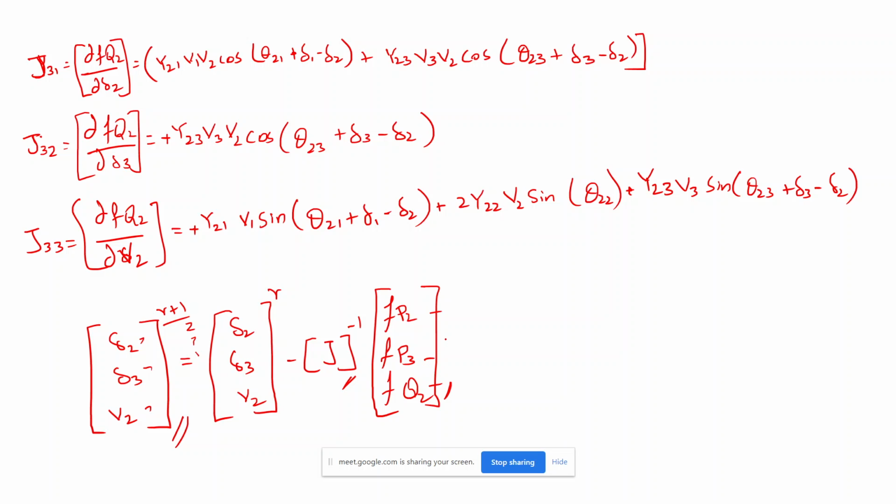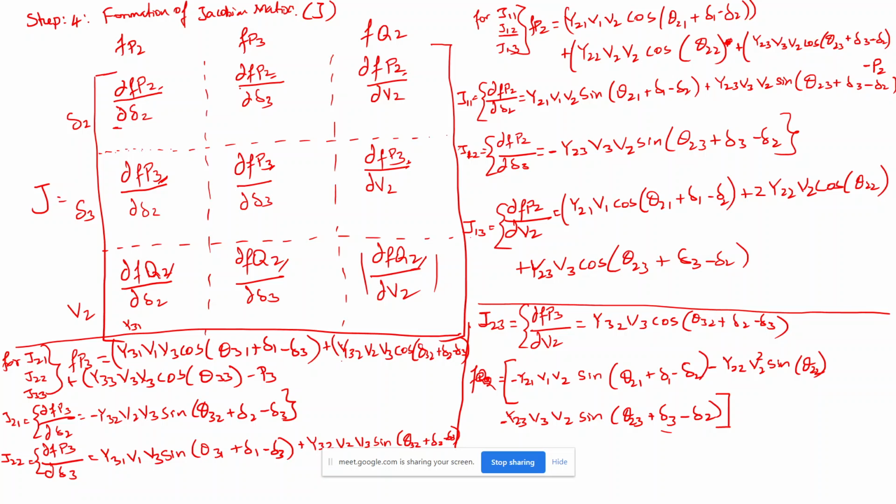No sir, but finally should we implement all the values in the Jacobian matrix and fill this? Okay sir, but then won't it be a very big matrix and difficult to solve at the end? No, this is a 3 by 3 matrix only. In examination for solving the problem, you will not get more than 3 buses. Only a 3 bus system. So your Jacobian matrix also will be 3 by 3 only. Taking the inverse of a 3 by 3 matrix is not a big problem, because we can solve this in the calculator.